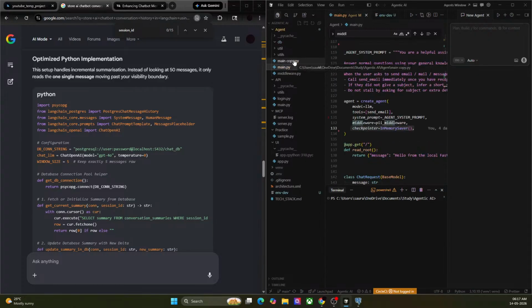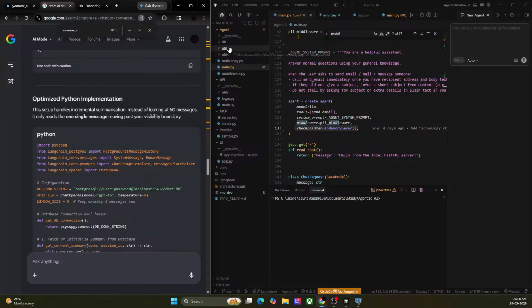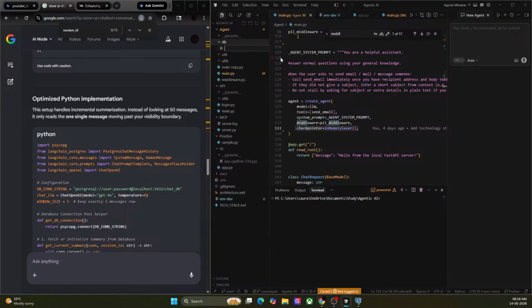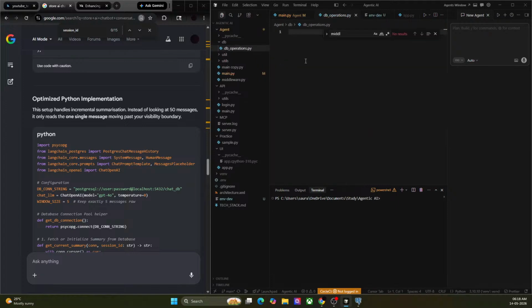Anyway, inside I have a new folder here, DB. Let me squeeze it a little bit. Okay, and let's create a new file, db_operations.py. Now the first thing we need here is